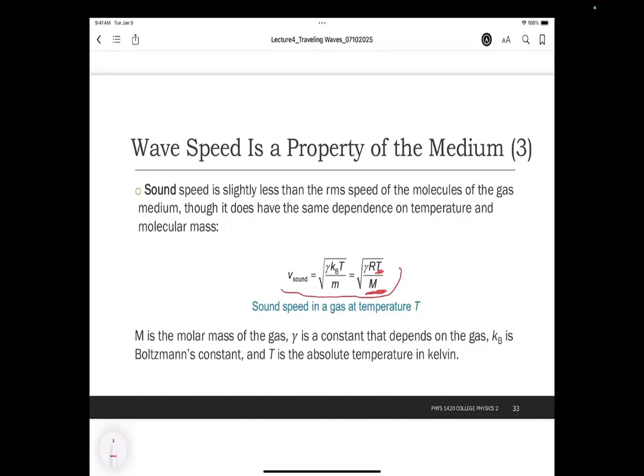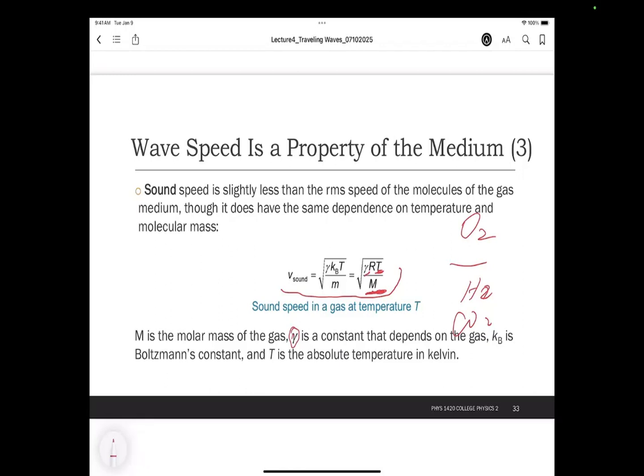If it travels in H2 or CO2, the M would be different, and this R is a constant that depends on the gas. If it is O2, or if it is H2, this number will be fixed. It is a constant that depends on the gas, and this